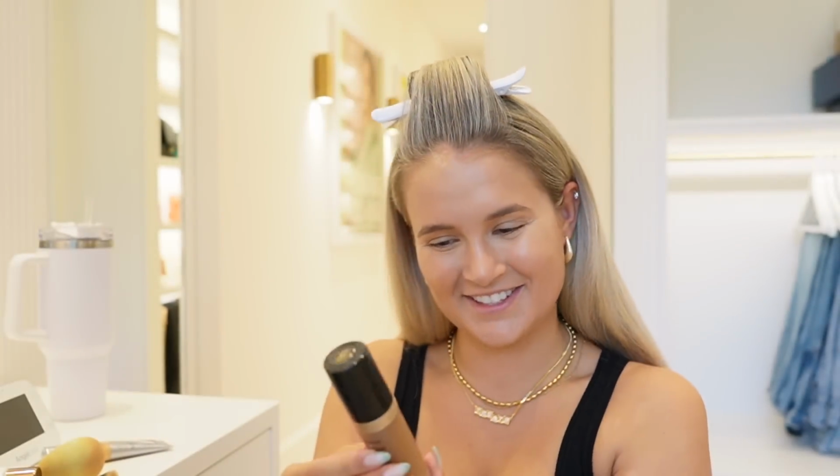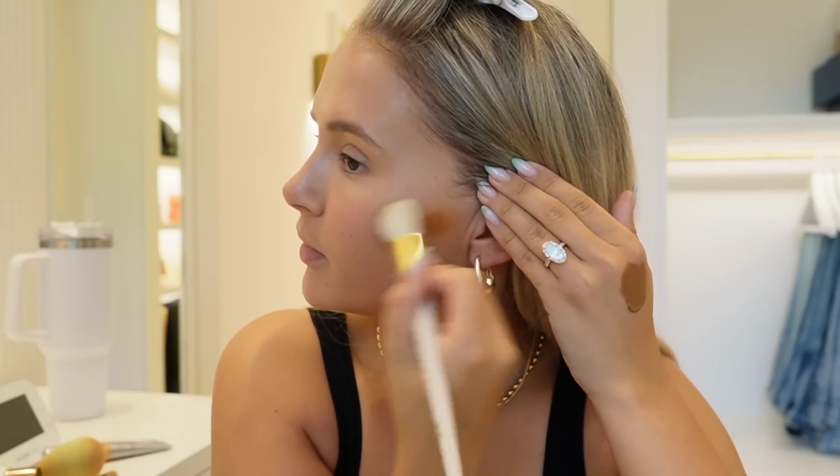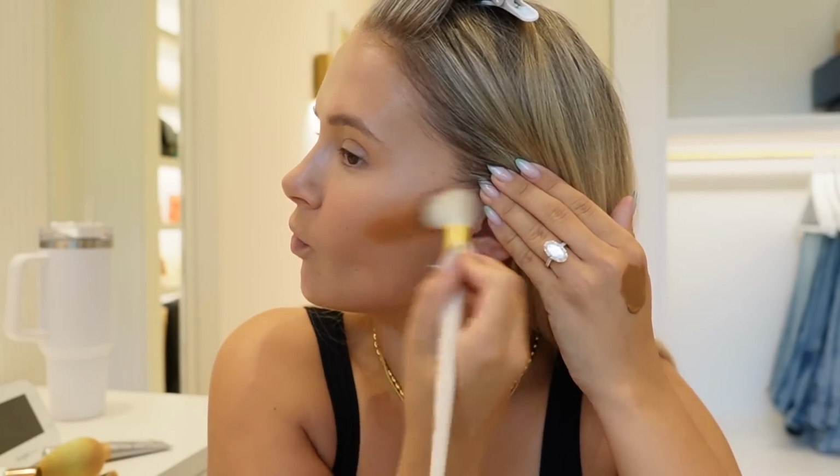But okay, that's my base so far. It's quite glowy, isn't it? Quite happy with that. So I'm going to go in with Born This Way concealer. This is from Too Faced, in shade Toffee, just for a tiny little bit of liquid contour, because I'm looking very one-dimensional right now. I'm just going to pop a tiny little bit on the back of my hand, because when I go in straight with it on my face, it's a recipe for disaster. Pop a tiny little bit of that